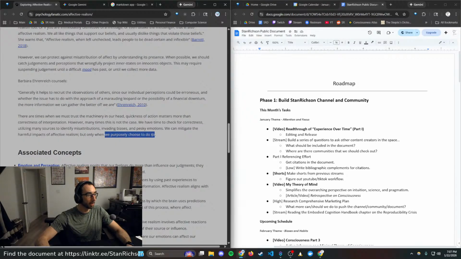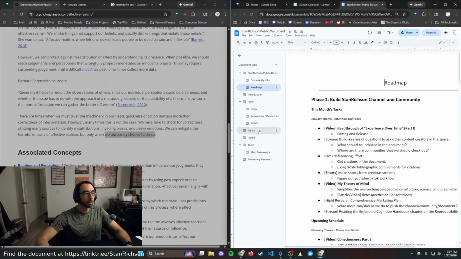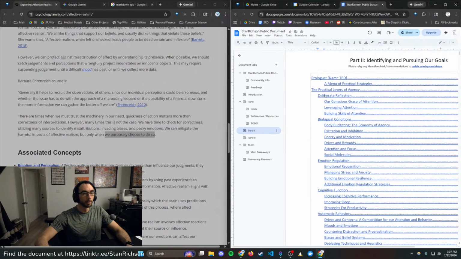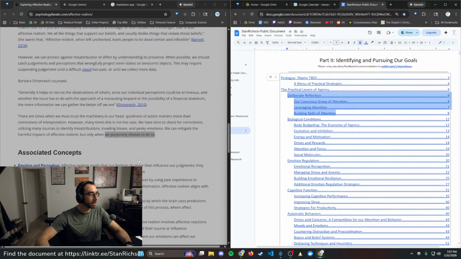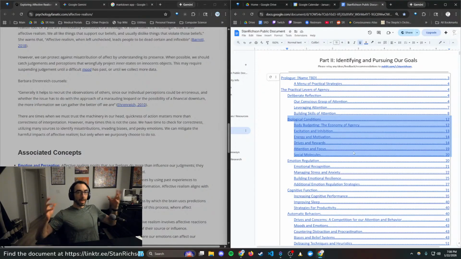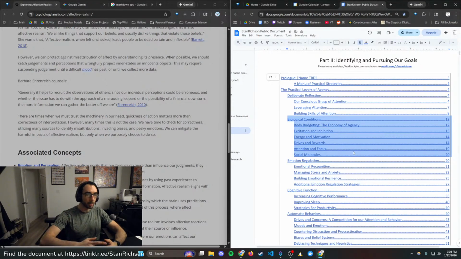This is what we've called deliberate reflection. So this is our whole part 2 as well: practical levers of our agency. Deliberate reflection is a huge deal, the fact that we could purposely pay attention to something and do something in response to some heuristic. Then this is just what we've been talking about, all these conditions underlying even that experience. What's drawing our attention, what's giving us motivation, this is dopamine, this is attention in general, this is focus,